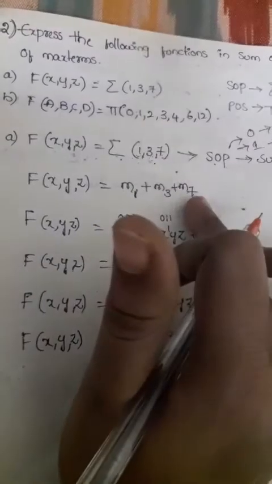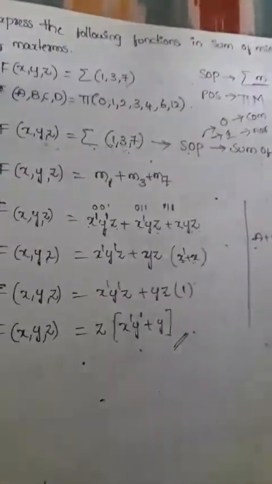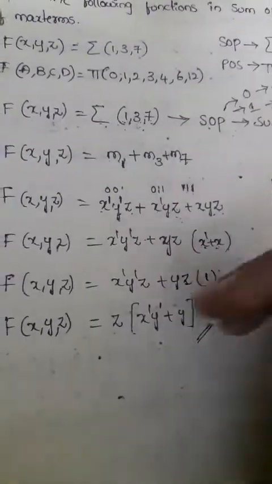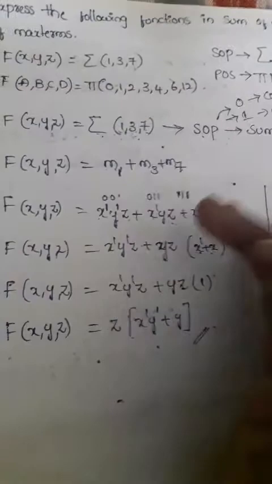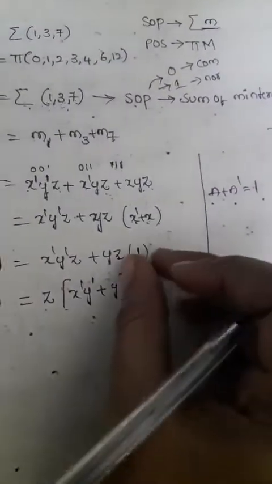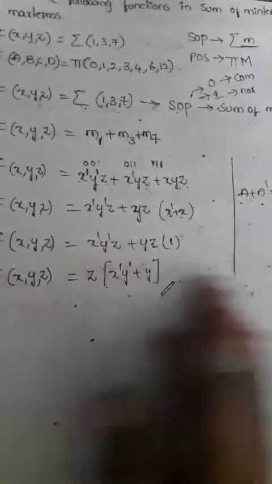Okay, so if any problem is given like this in sum of minterms, it will be converted into the minterm equation. After that, decoding into binary numbers, based on those binary numbers you will write the expression. Finally, after getting the Boolean function, you will minimize that expression. If there are any common terms, take that common term, and based on the rules and theorems, you will write the value. After taking the common terms, you can simplify like this. So this is the procedure to reduce the equation.